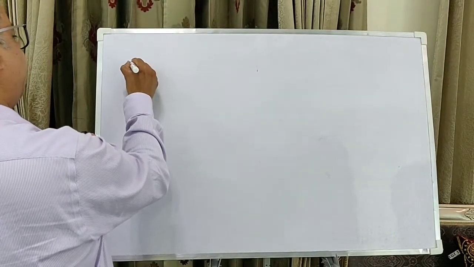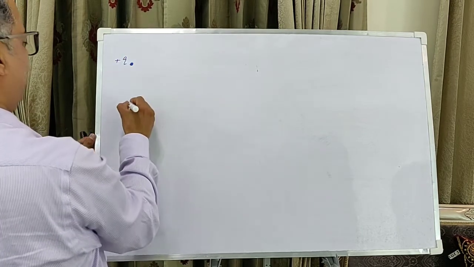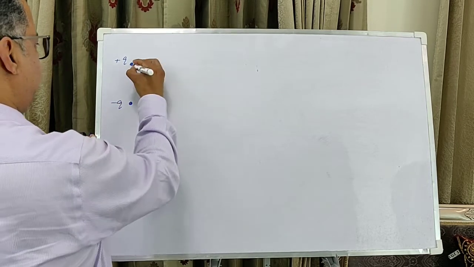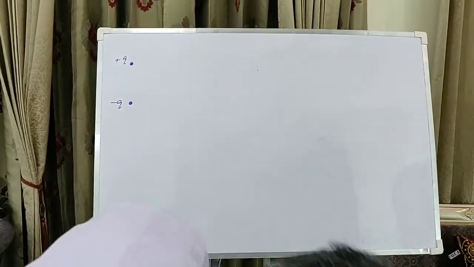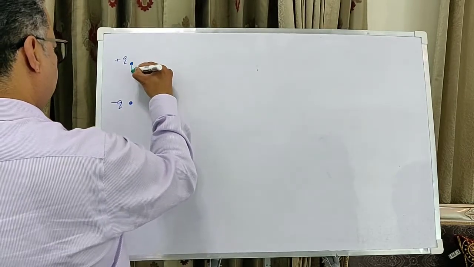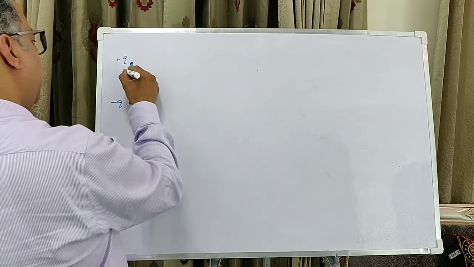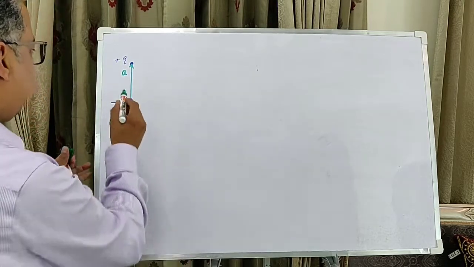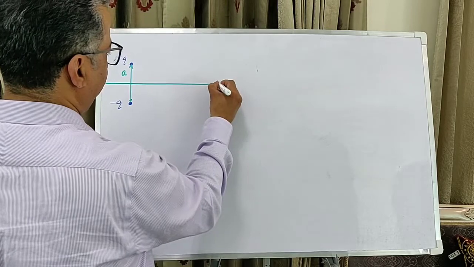So we have plus q, we have minus q, and the distance between them is a. Now, of course, the dipole moment of this thing is q times a,